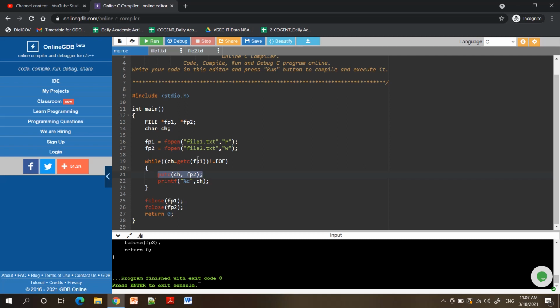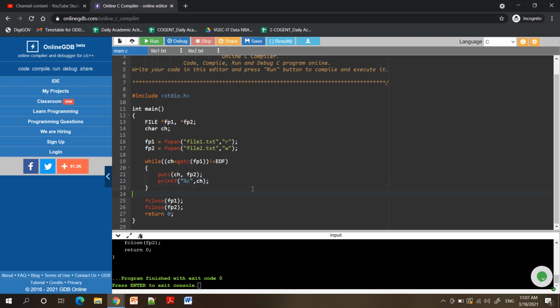So here also we will be reading one character at a time and writing that character. We will be reading the character, we will be writing the character, and this will be repeated until the file pointer reaches the end of file. Very simple. This printf is just to check whether the content is being written exactly or not. Whatever content it reads and writes into the file, the same will be printed on the screen also. So we can verify that whatever content is available in file 1 is written perfectly or not.